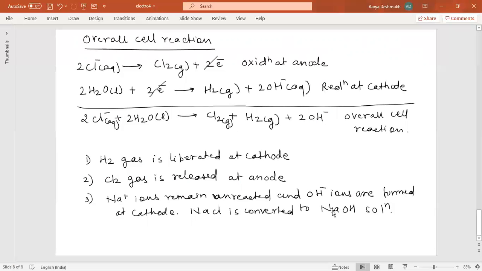So there is a difference between the electrolysis process in molten NaCl and in aqueous NaCl. You have to remember this thing. But there is no difference in that oxidation is always happening at the anode and reduction always happening at the cathode. Now, one more thing I can tell you: whenever you start writing the oxidation half reaction and reduction half reaction, always try to write starting from oxidation and then go for the reduction. Thank you.